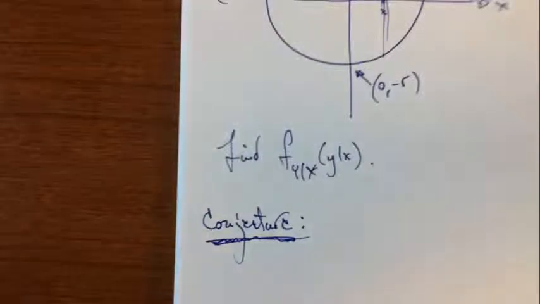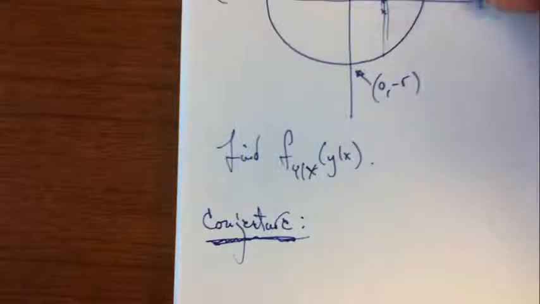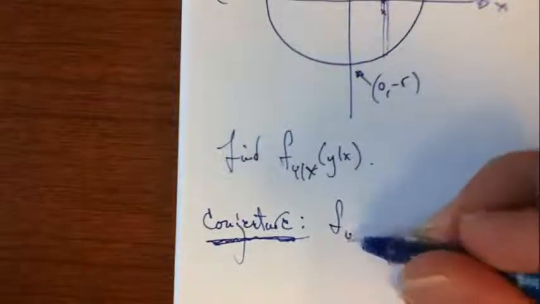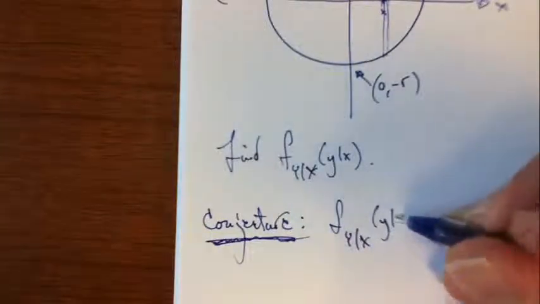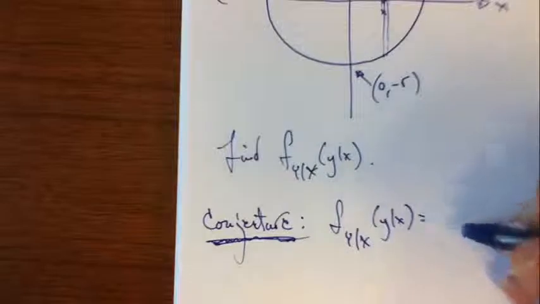But if I'm given that this is x, then where do you think the y-coordinate is? I think it actually is uniform. I think this is uniform in this region. Maybe you should think about that. I'm going to conjecture that this is some constant